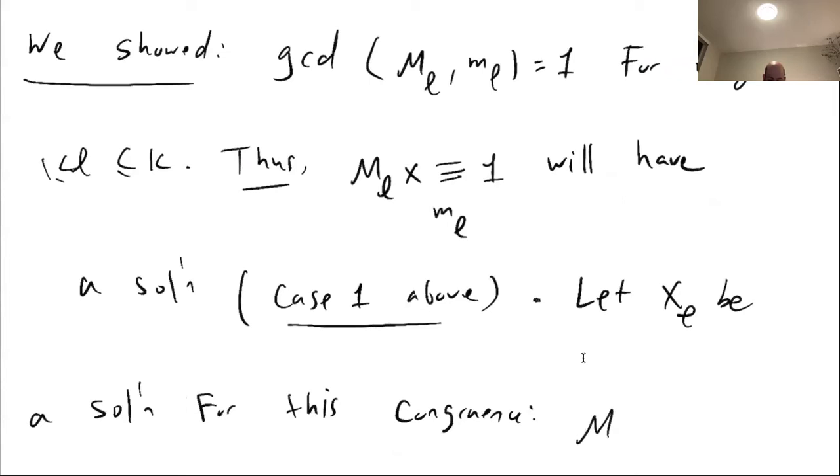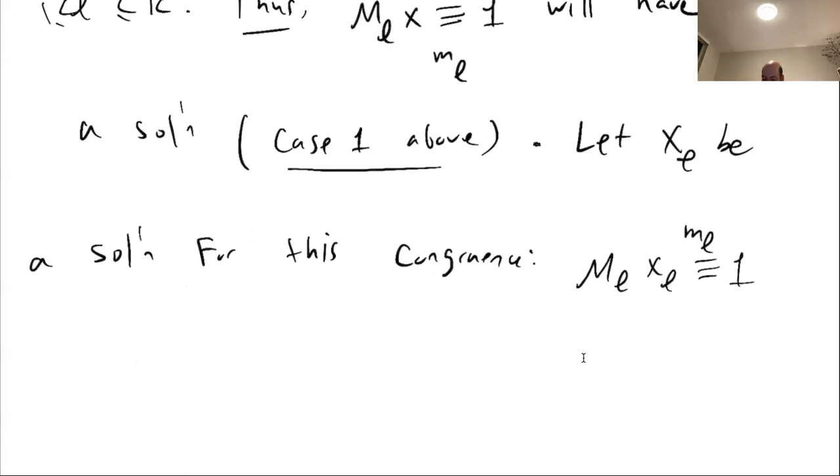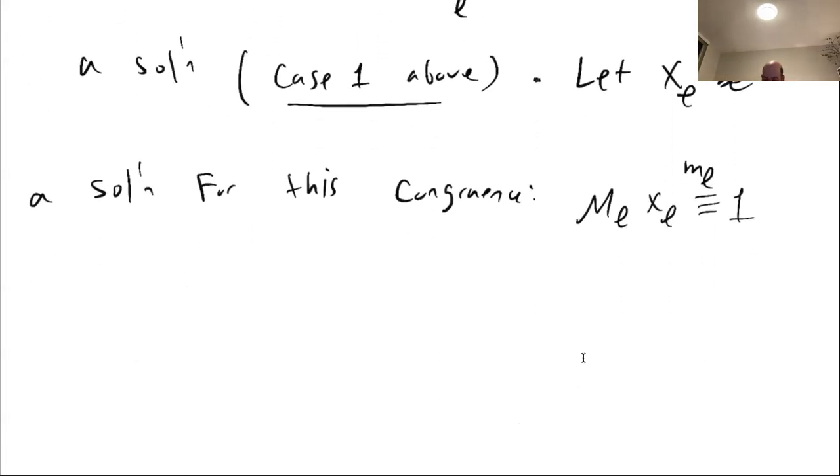So I can say capital ML times XL is congruent to 1 mod ML. Okay, so lastly,